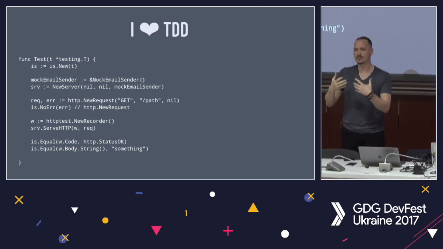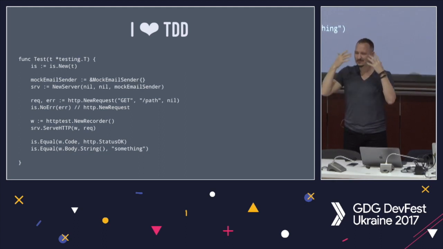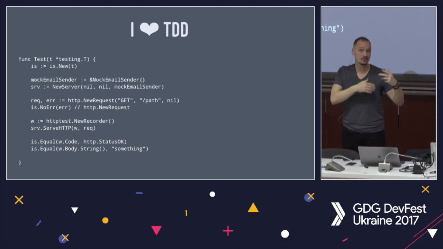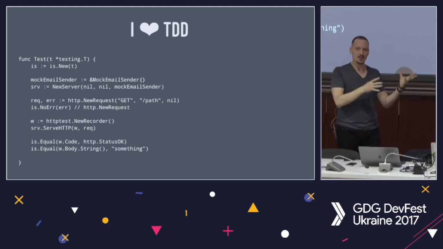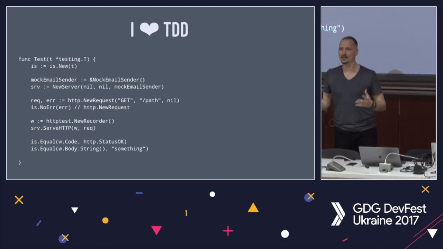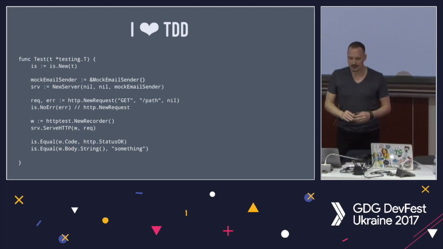Sometimes you can't do it. Sometimes you don't really have it in your head what it's going to be. Although starting to write your tests first helps with that process, because you really start thinking about what am I going to build, what do I need, as a user, what would I want it to be like. You get to have that conversation quite early.